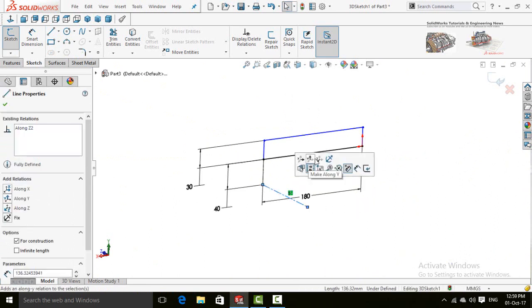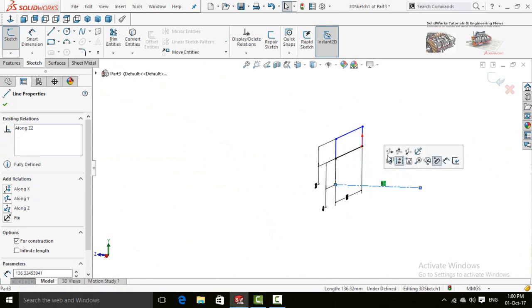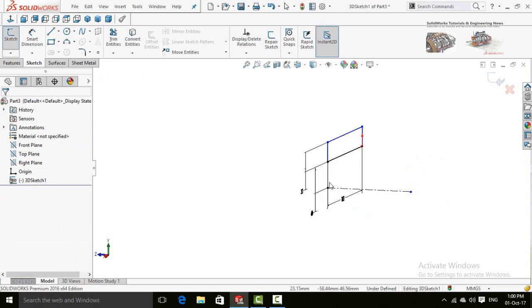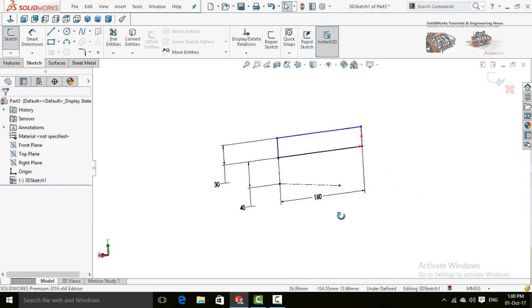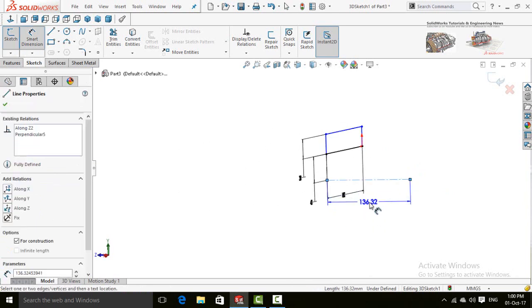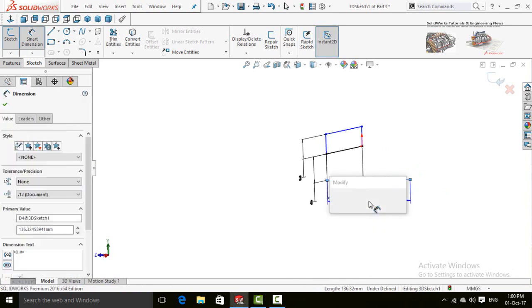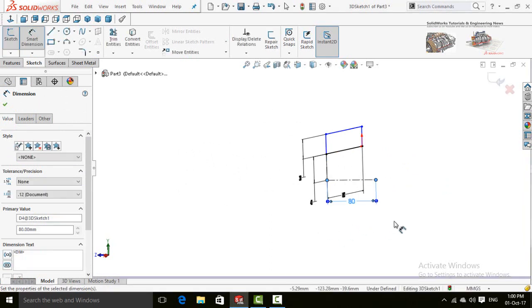Click on this line and select along Z axis. Select both of these lines and make them perpendicular. Now define this 80 millimeters.